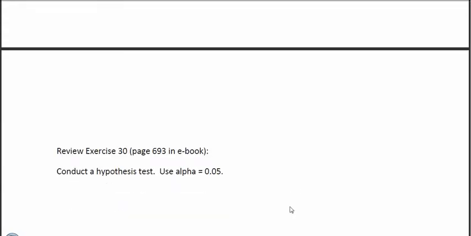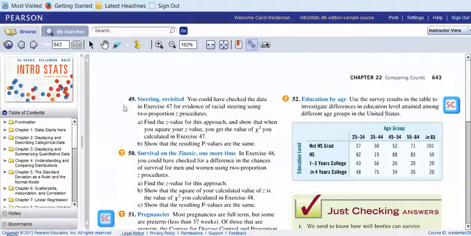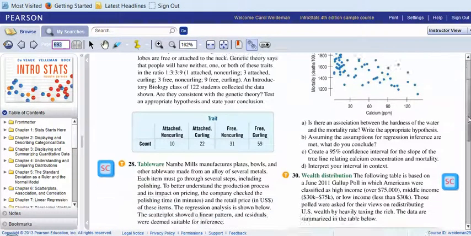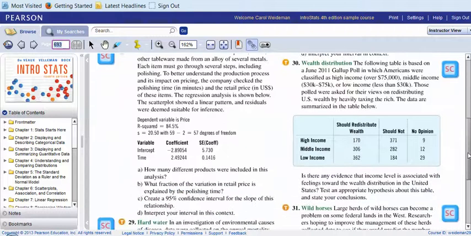And this is actually in the chapter review for this section in the ebook. So if we go up to page 693, we'll find this problem. And this problem only has summary data. In this problem, number 30, they're looking at